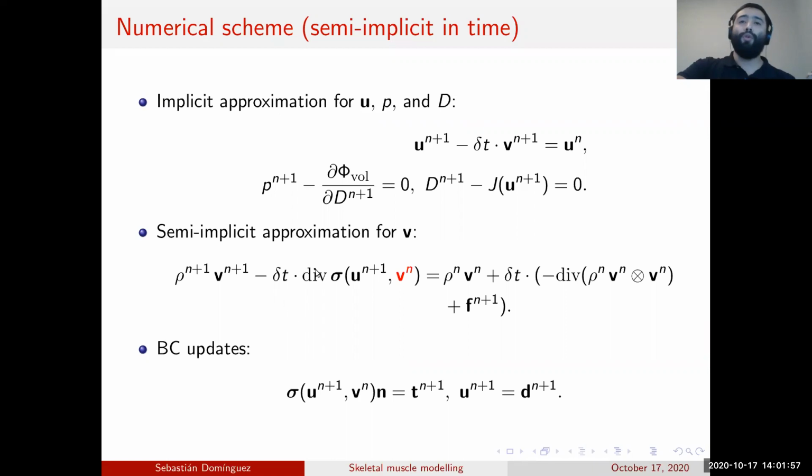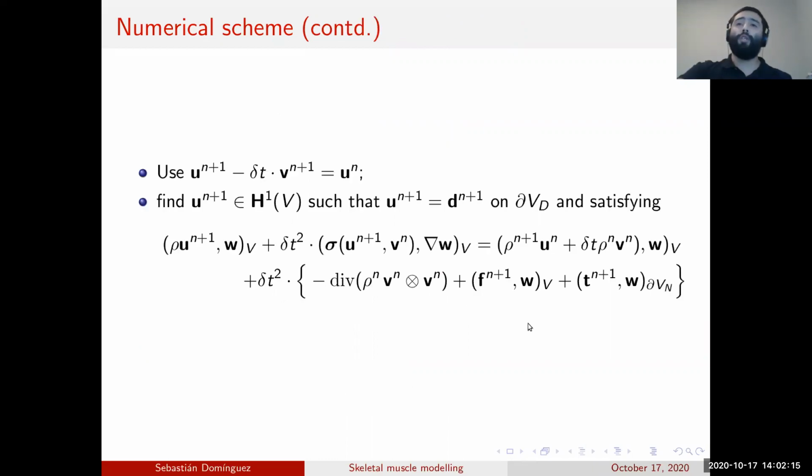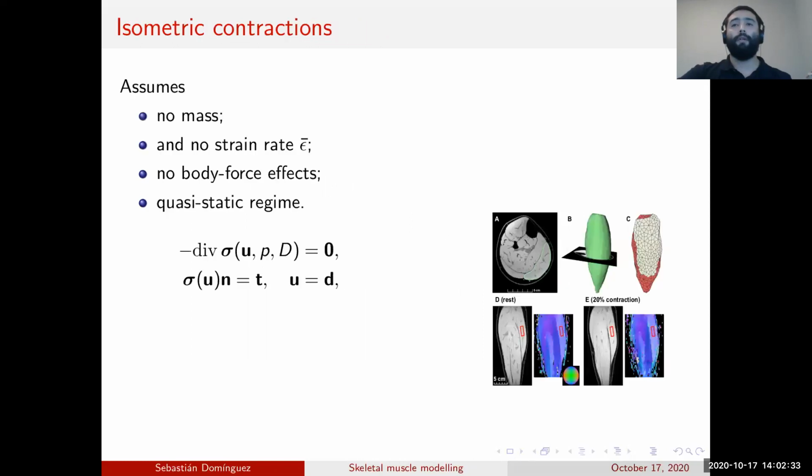And so if you do something like this, the velocity doesn't need to be in the linear system at the end. Because this system is not linear, you have to apply a Newton iteration on top of that, or some other nonlinear iteration. So we turn it into a single system in U n+1, P n+1, and the dilation at n+1. Essentially, we only update the velocity. We don't compute the velocity at the end.